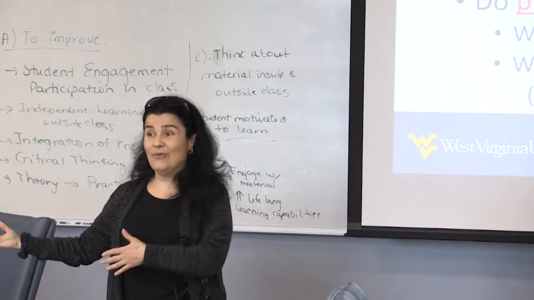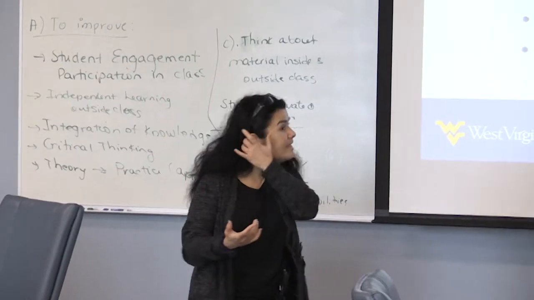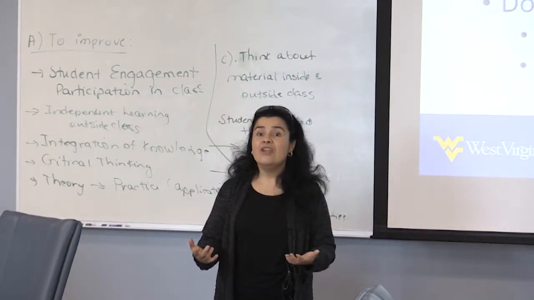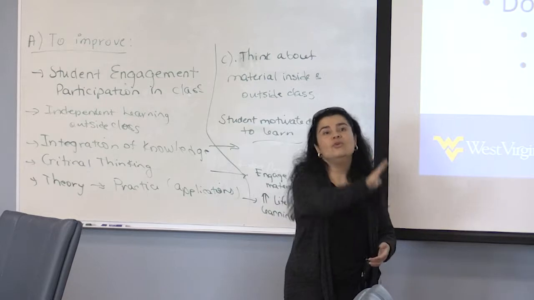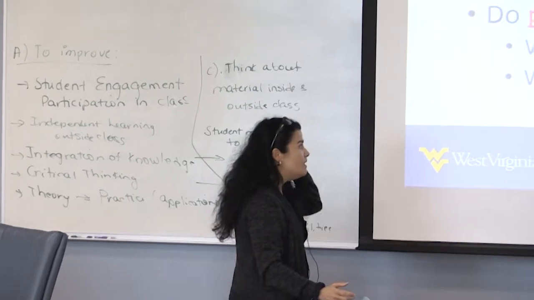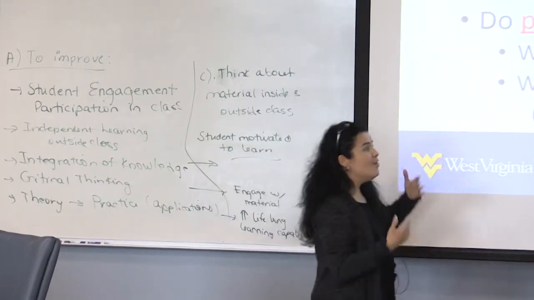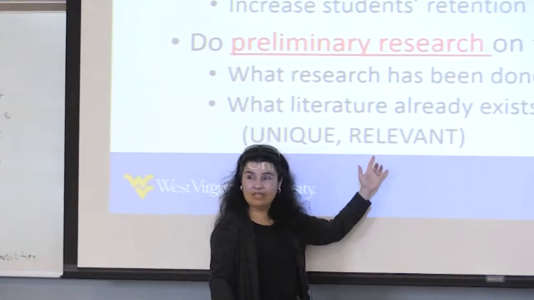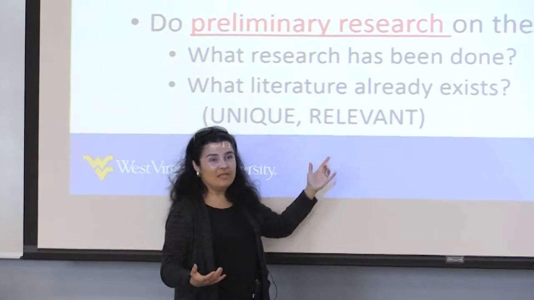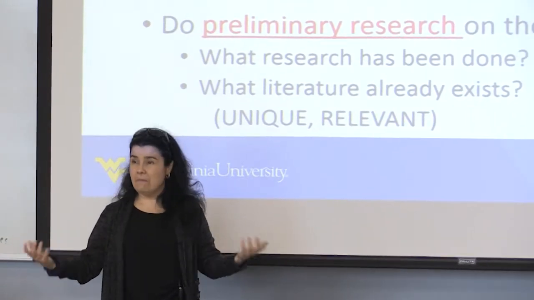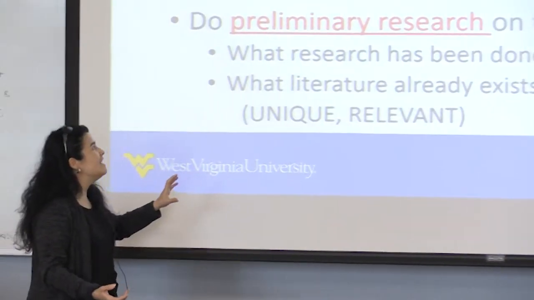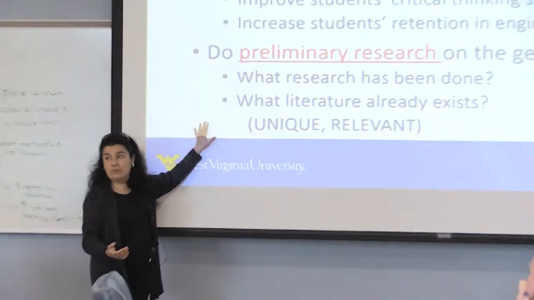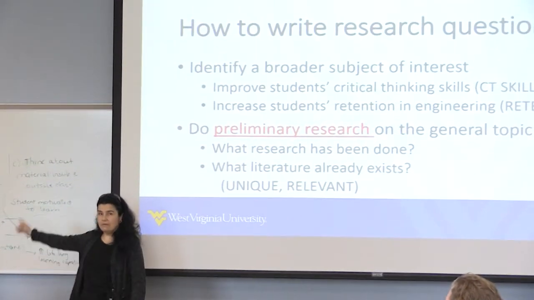I mean, nothing wrong with going with flipped, but there are some topics that have been extensively researched, and you don't want to reinvent the wheel. You don't want to do something that someone has already done, okay? So I always look for topics that are unique and relevant in general, where I can gather information and make some sort of impact, okay? But as I said, literature review is extremely important once you identify the topic, okay?